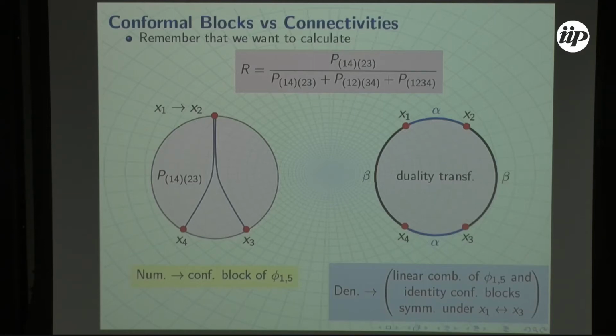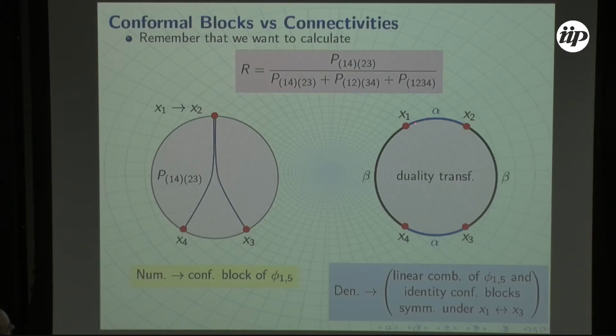There is no other option. For the denominator, it's more complicated, but you can deal because you can use the Kramers-Wannier duality. So the Kramers-Wannier duality maps this combination of connectivity to a single partition function. So it's no more a sum. That's why I use this denominator. But just one single partition function on the dual lattice, etc., where you have fixed boundary condition for the Potts